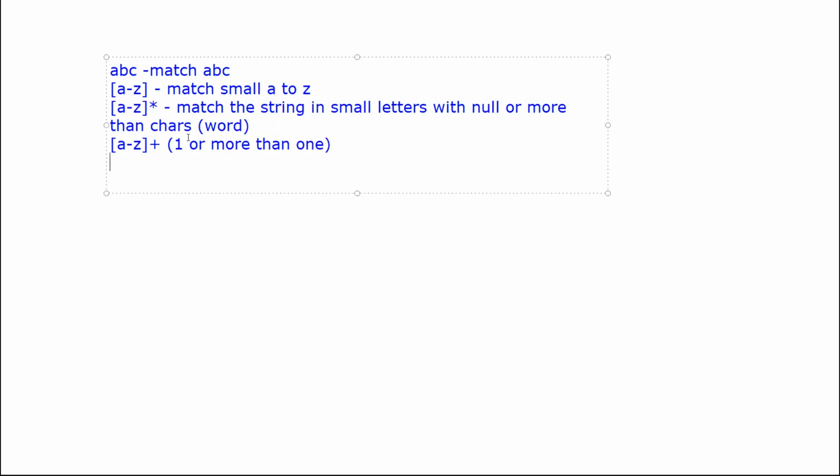Fine. So this is the meaning of this pattern. Next pattern can be: suppose I wish to match a string which should have capital as well as small letters. I will write the rule in this form: capital A to Z and small a to small z, right? And plus, what is the meaning of that? It will match a string which can have a minimum of a single character or more than a single character.